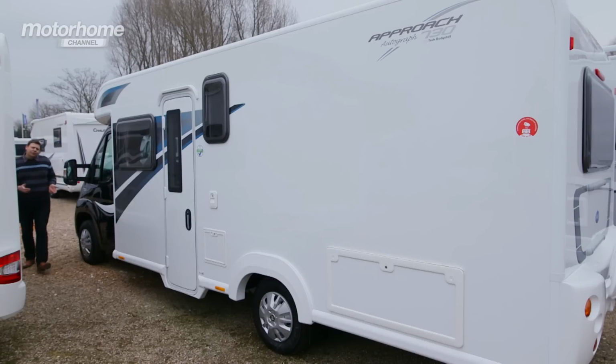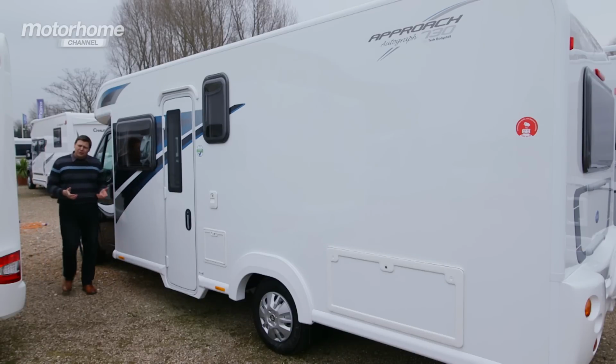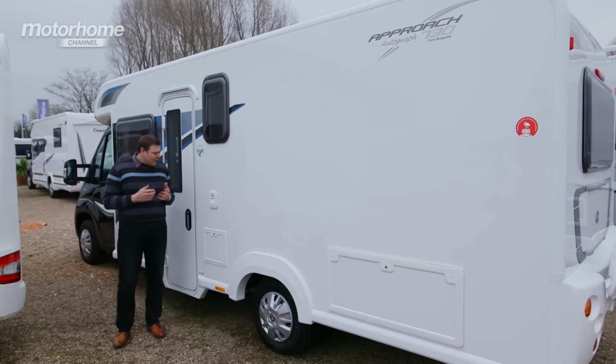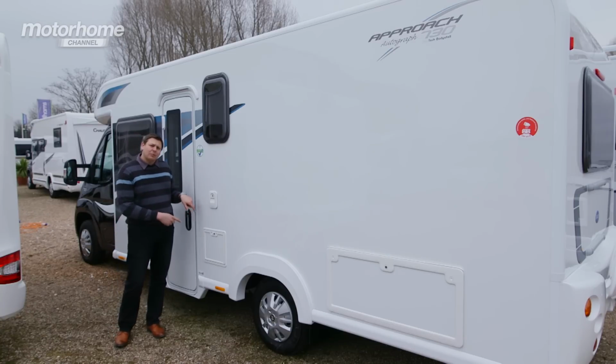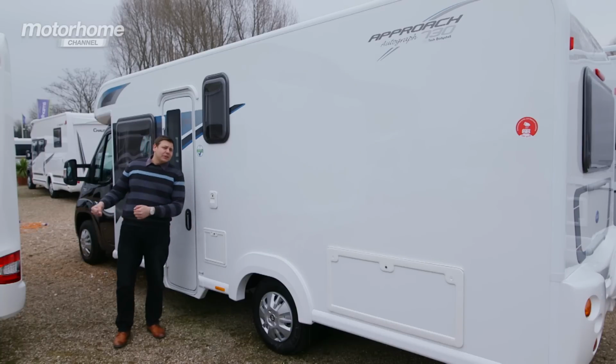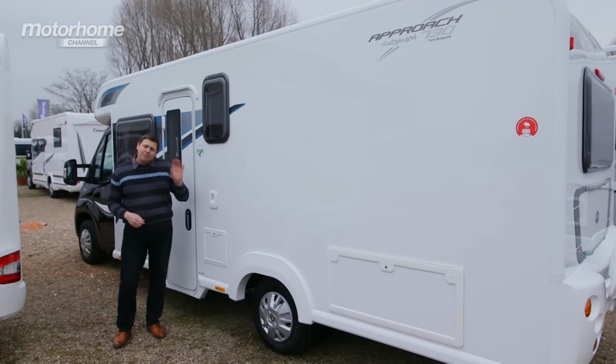That new cab gives a stylish nose to an otherwise quite boxy shape, which is dictated by the use of Bailey's Alutech construction method. I'm not so keen on this cassette emptying point being right here, so if you've got an awning and a table and chairs here, you're going to have to carry a full cassette right past it. But I do love the massive door for the under-bed locker, and the low step, which makes it really easy